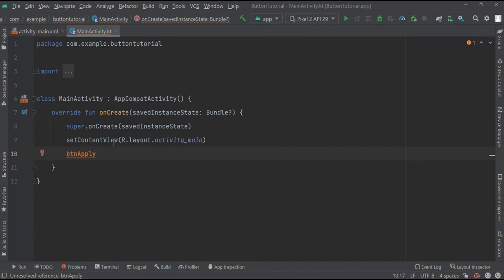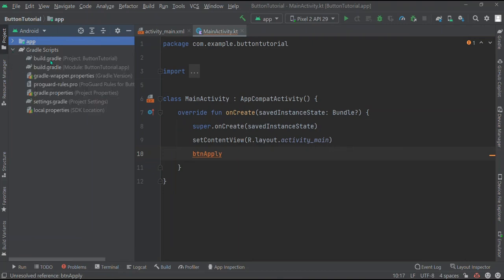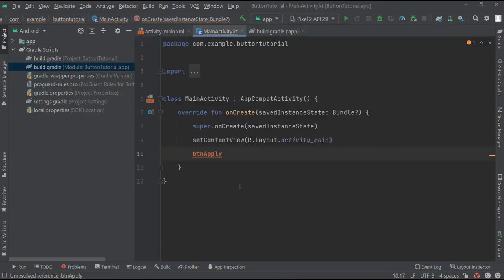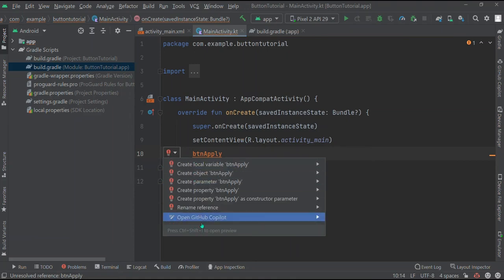So let me check the plugins. Oh, that one has not been added. I don't know if you will face this problem or not, but I am facing this issue. It should be automatically imported, or otherwise I should get the option of